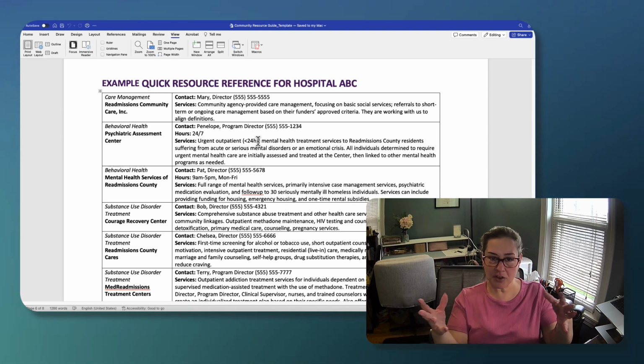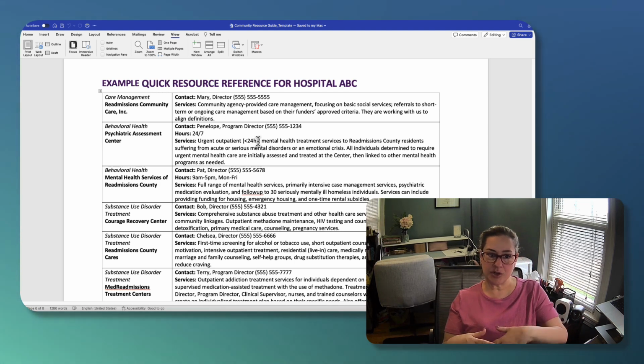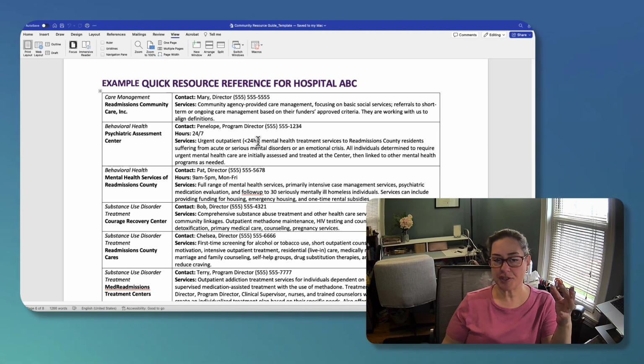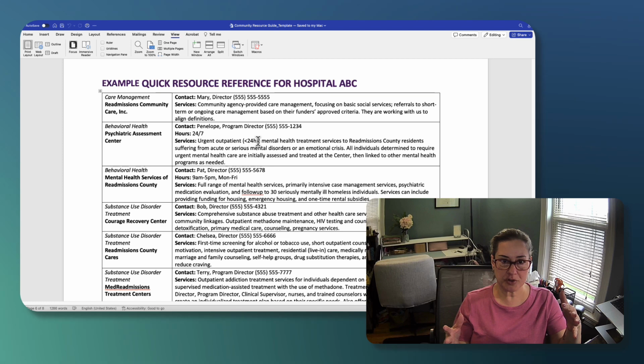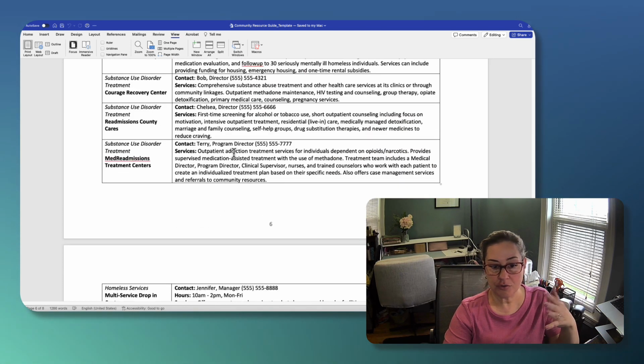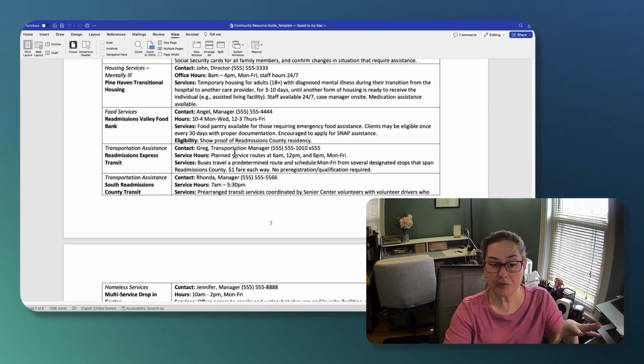So instead of giving someone an entire resource guide, maybe you just do this one pager of resources, and that's what you give to clients. It can be internal, it can be external, however you want to use it.